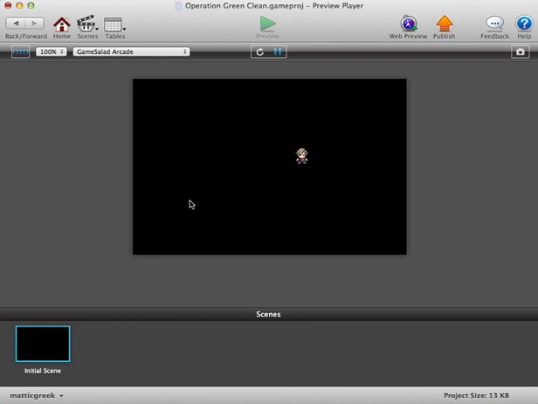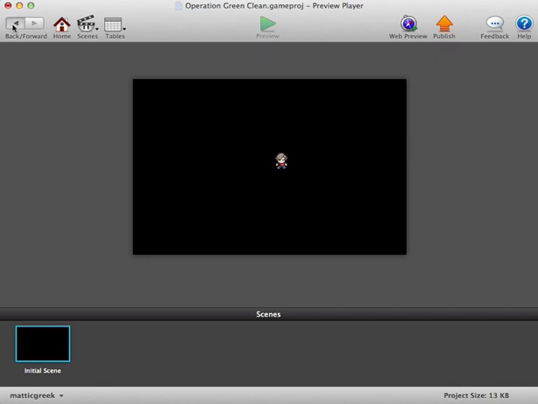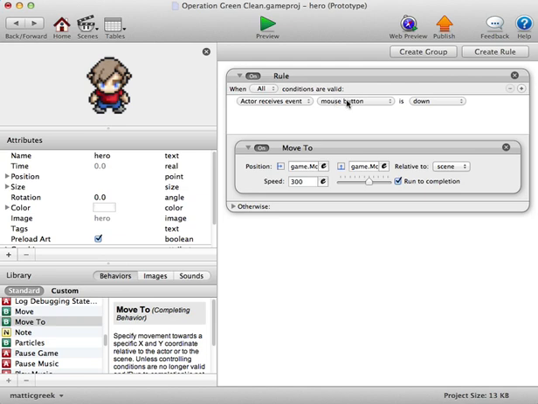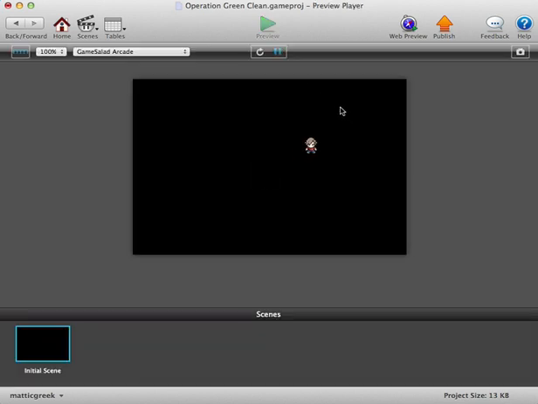Now, I'm going to click and release right away, and he still moves to the mouse. And that's true whether I hold the button down or if I release the button. It doesn't matter. Why is that? Well, we've clicked, and that's meant that when we clicked, that set this condition to be true, and so that triggered this behavior to start. And then because we checked this box, the behavior is going to go ahead and finish, even if we stop clicking, and so this is no longer true. So this is good. We're making progress,